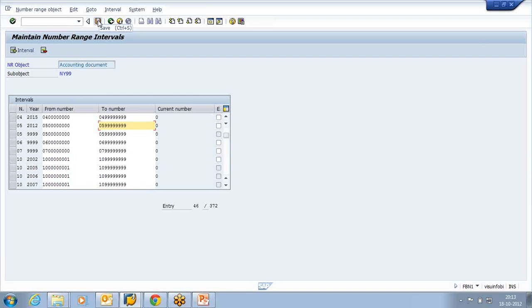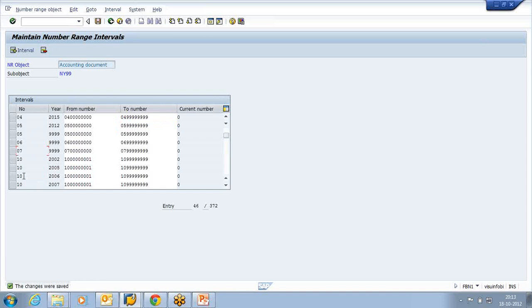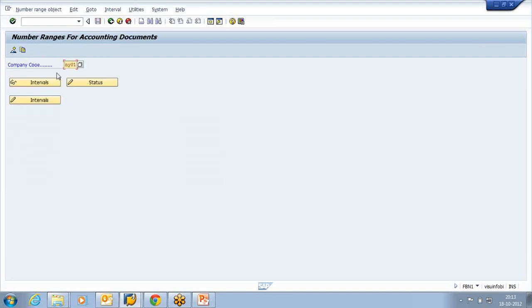Now I will use the copy function. For annual 01 we don't have the number ranges, so I try to copy. Basically, we have to manually go and create each and every number. Once we add any one of the intervals here, we basically cannot copy from the other company code or other year, because if you copy, it overwrites. So currently I do a copy from